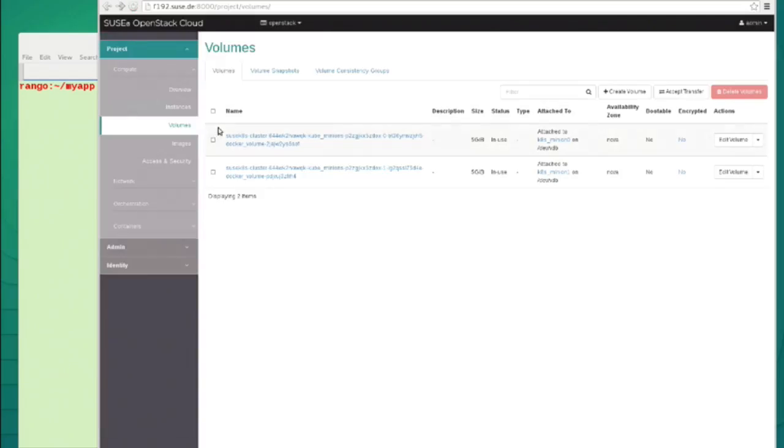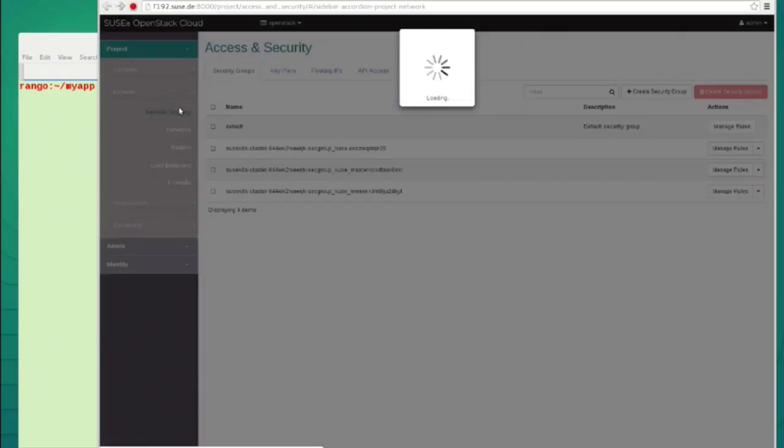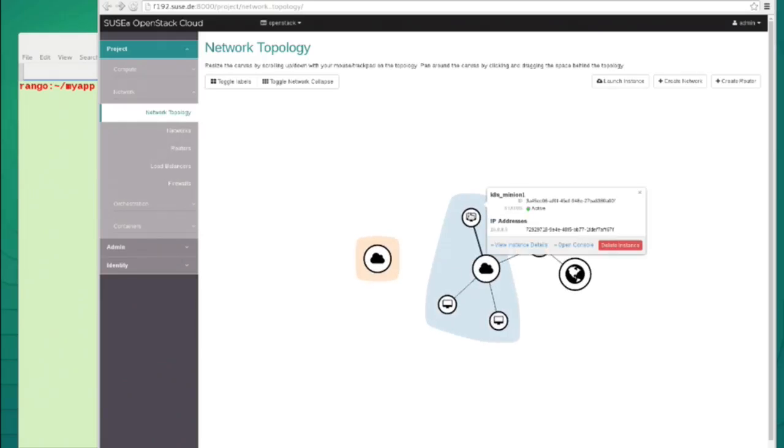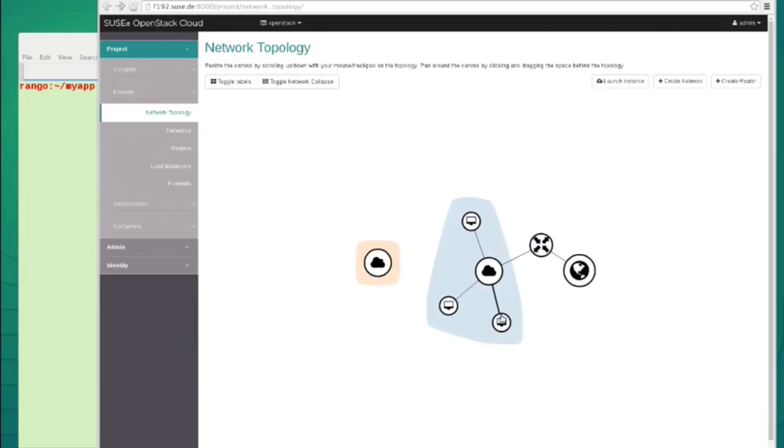Almost a couple minutes, 2 minutes, I think. So it's always taking as much as is needed to launch a new virtual machine. Right now we can see that, for example, the Heat orchestrator already created volumes for the Kubernetes cluster, which are already mounted to the minions. This storage will be used for Docker containers data. On the network topology, we can see that all the nodes are already created.